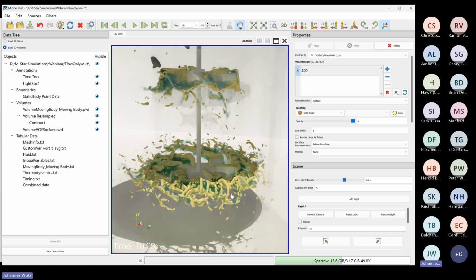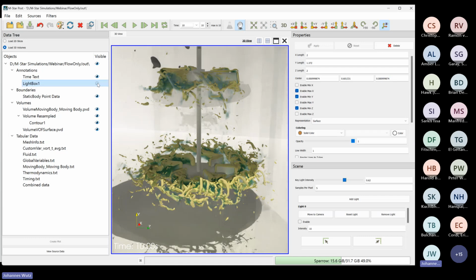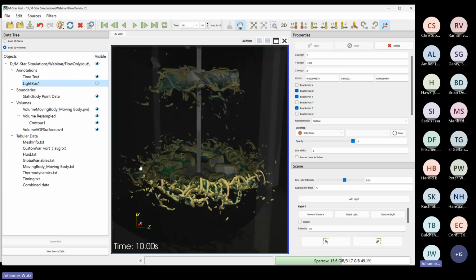It also, as I mentioned, helps us a lot to understand position, to get a better 3D representation, because it's just natural. It's what we would be used to. Let me turn off the light box for a second to demonstrate that. And now you can see the light isn't reflected anymore. So the regions that are in the shadow are a bit darker now, so it's really natural what you're seeing. Okay, let me turn off this thing